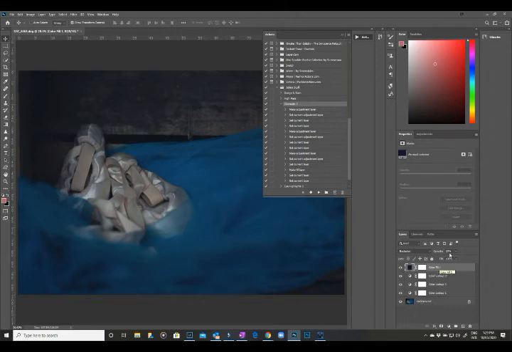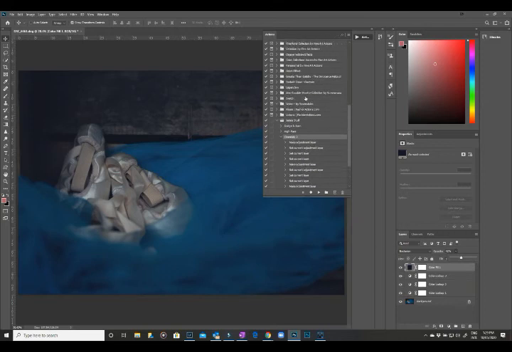I can also come back here and I can adjust these if I wanted to. So I can put it back up to 100%, or I can put it to 30%, whatever. I can change all of these. So there are some really cool actions that are around there. I use one a lot for making snow,